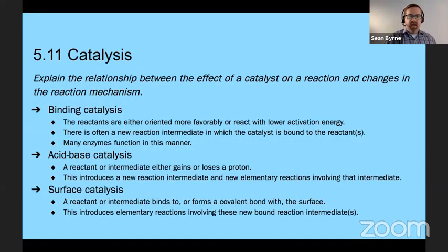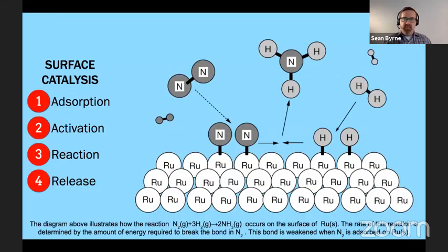Surface catalysis is something that happens a lot in industry, and is a really cool thing where the surface area of a substance, typically a metal, acts as a catalyst, because it's going to go through some specific steps to help the bonds rearrange. Here's an example right off of an AP test, where we're looking at the reaction of nitrogen and hydrogen to make ammonia, and there are classically 4 steps to a process like this.